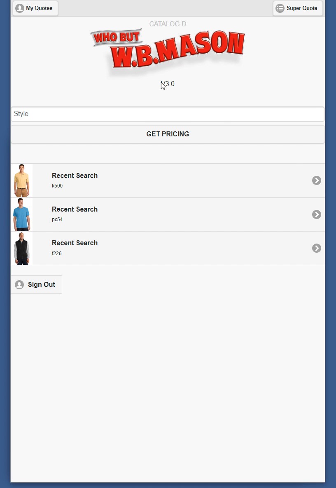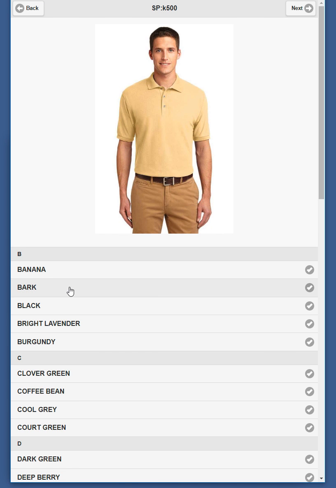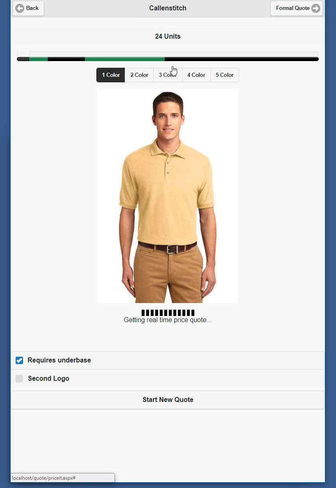Version 3.0 of the quote tool, and we made a major change to it, and I'll show you what that is. So let's do a search for K500. We'll do screen print, yellow, next. And so the biggest change is this right here, the way that you select the number of garments for the